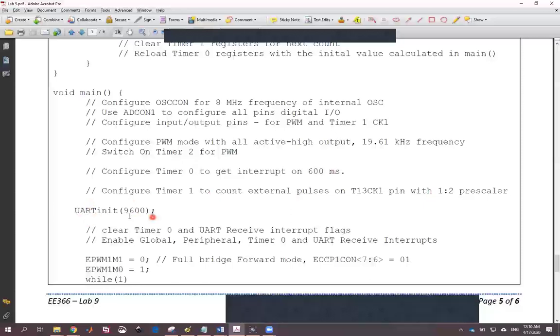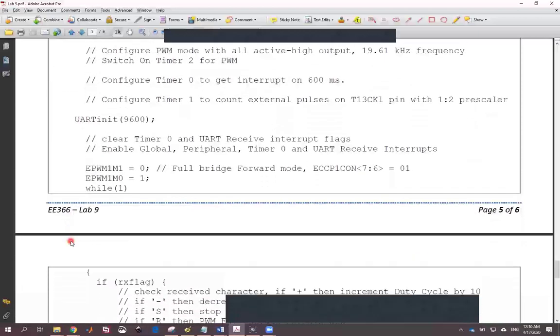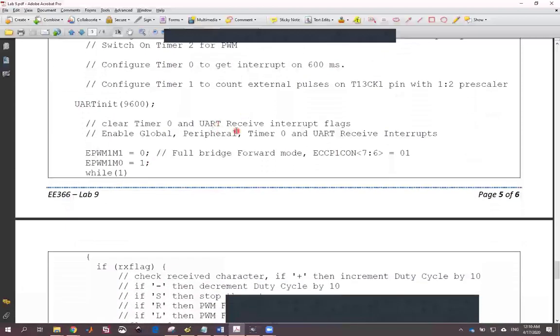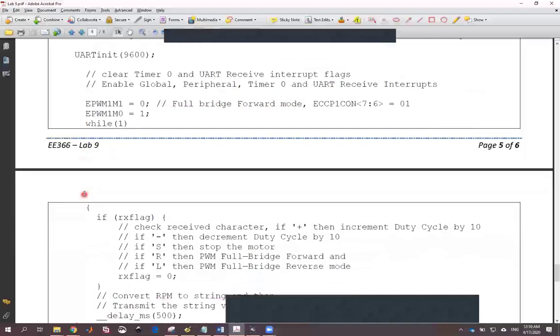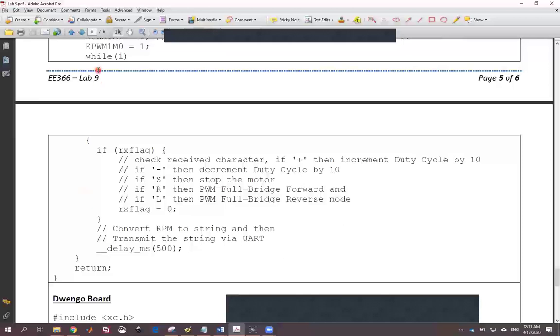UART init 9600. Now you are calling the user defined function which is defined above. Here, clear the timer 0 and UART interrupt flag bits. Then enable global interrupt, peripheral interrupt, timer 0 and UART receive interrupts. Then we are configuring PWM in full bridge forward mode for the time being, and inside the continuous while loop,